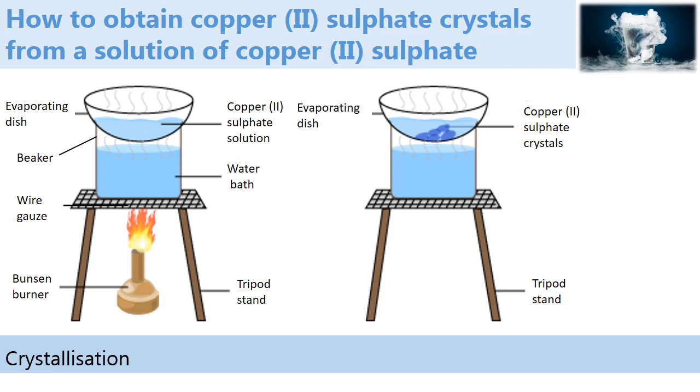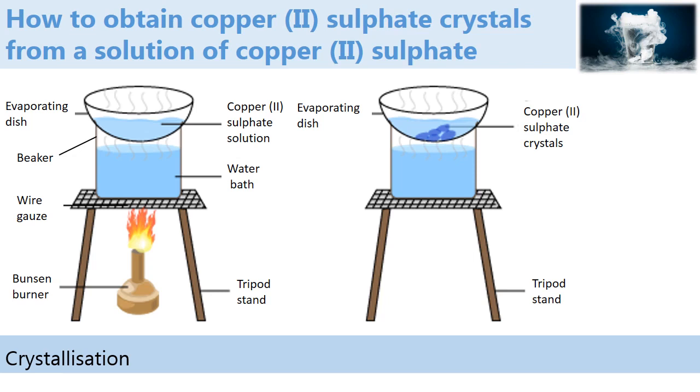You may notice that crystals of copper 2 sulfate will start to form in the evaporating dish as the solution cools down. In the end, we'll form big crystals of copper 2 sulfate,